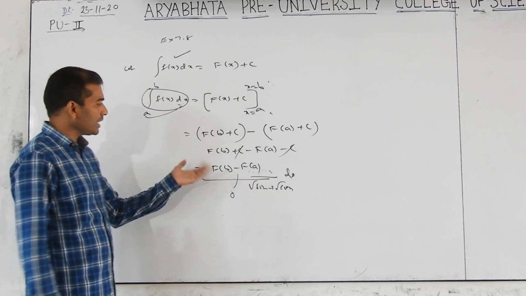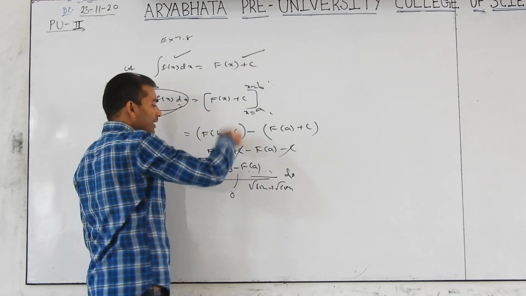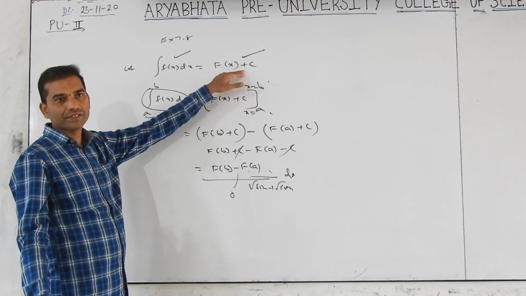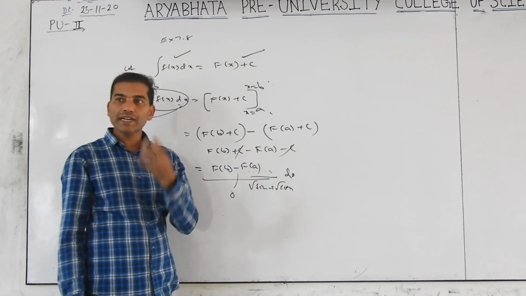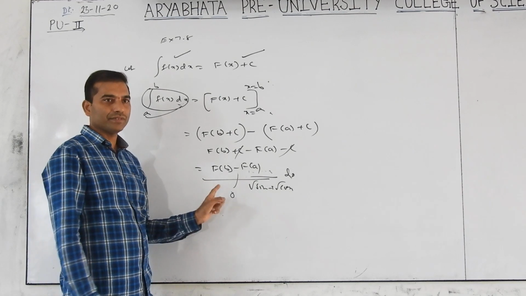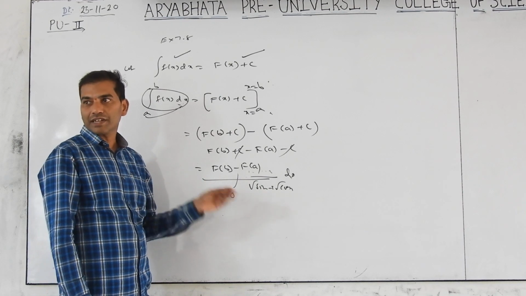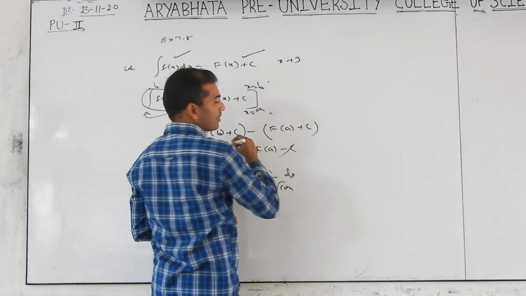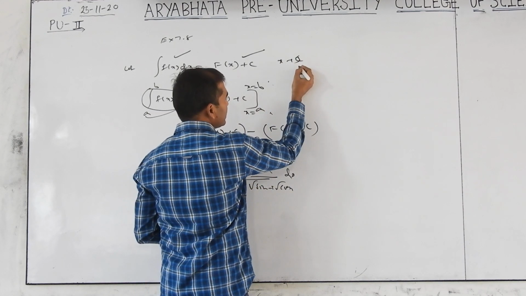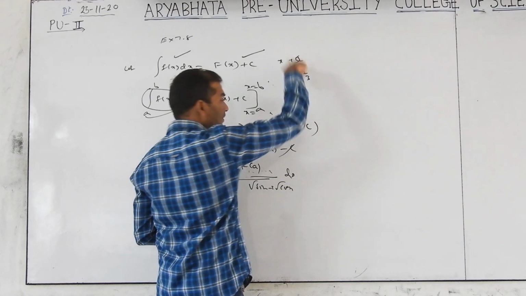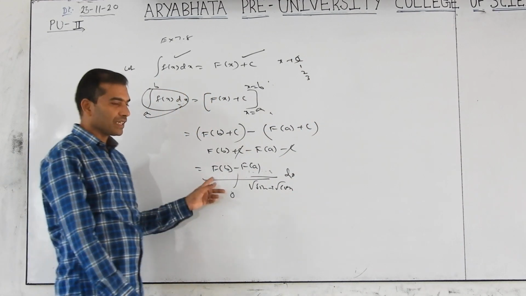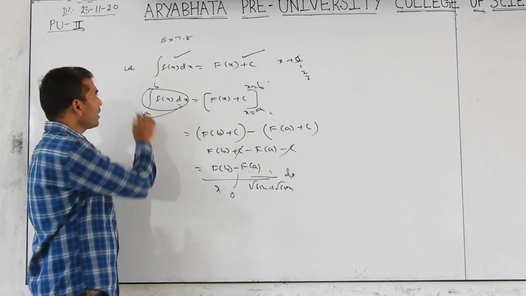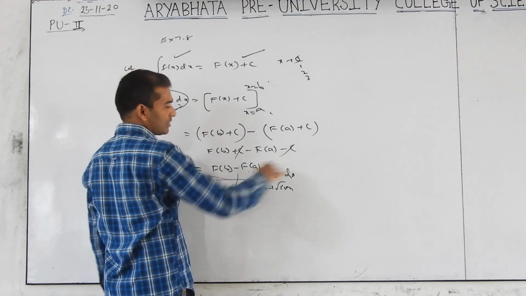There is no c here. Before, c was there, but here no c. When the c was there, it was not an exact answer; it is indefinite. Here c is cancelled, which means you will get an exact, unique answer, a real number like 1, 2, 3, like that. You will get area. Here you will get x plus 3, for example. If you take x plus c, c may be 1, 2, 3, like that, so infinite answers. But here no c, so you get a unique answer.